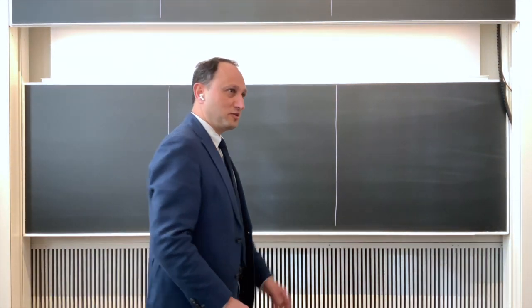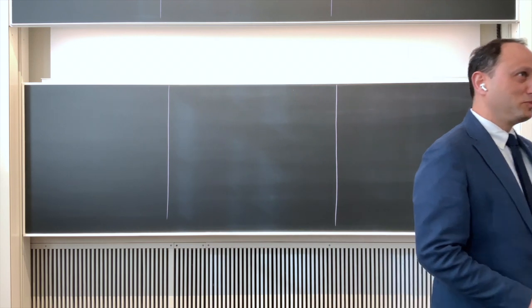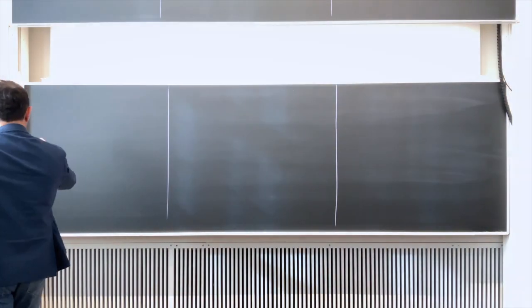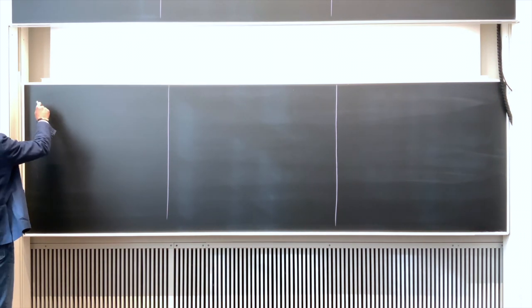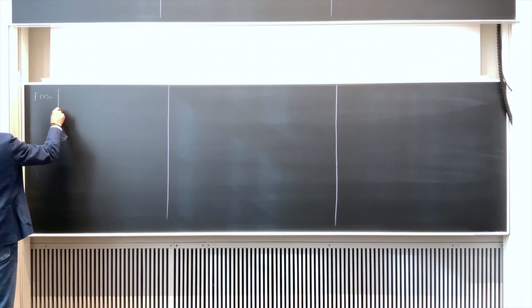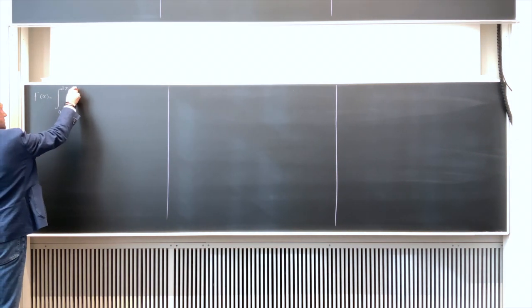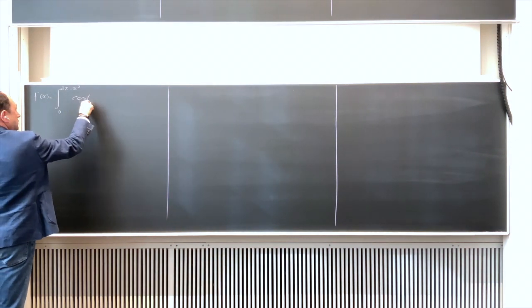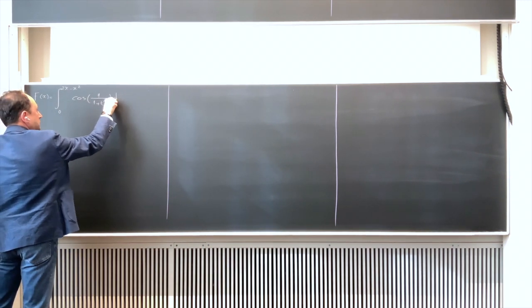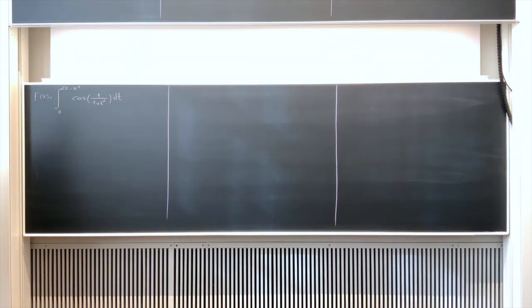When I was watching the video, I realized that I messed up in one part and I deleted that from the previous video. Let me just describe it once more for you. There was a function that I was talking about, f of x equals the integral from 0 to 2x minus x squared of cosine of 1 over 1 plus t squared dt. And we were supposed to calculate the